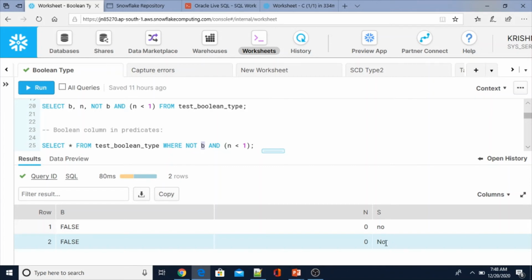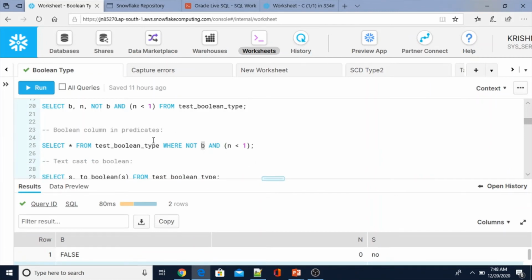So 0 and 0, n less than 0, that means it is giving only two values. So we can use the Boolean type as part of the where condition predicate.